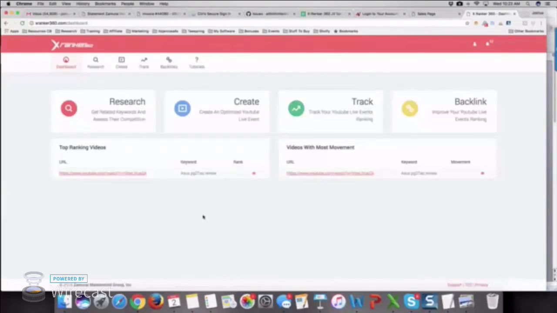So here I am inside of XRanker 360. You're going to have an account automatically created for you, and all you got to do is log in and you get access to the software. So there's 2 different ways that you can use XRanker 360 if you